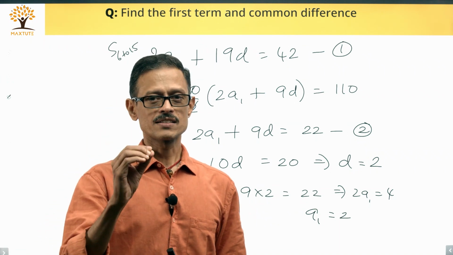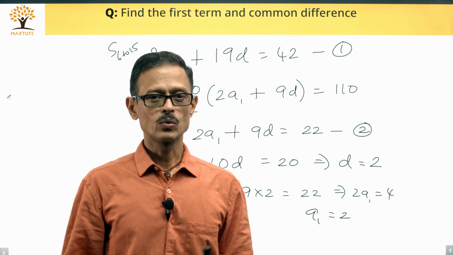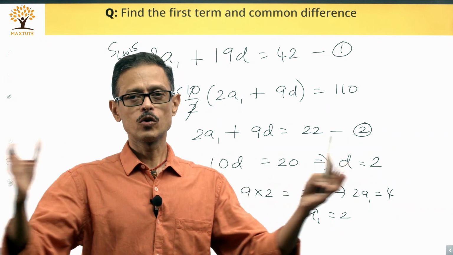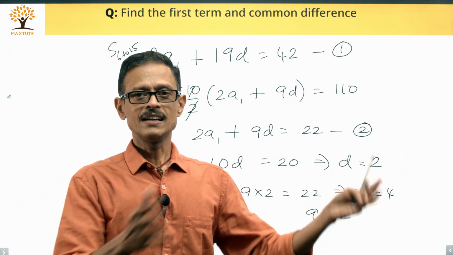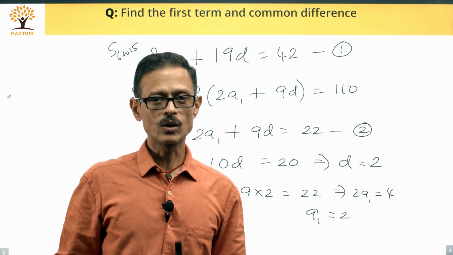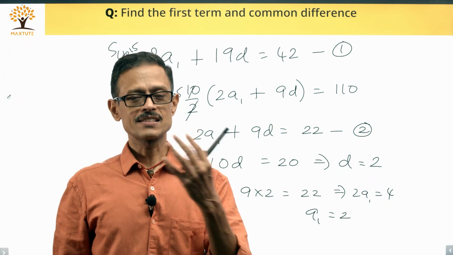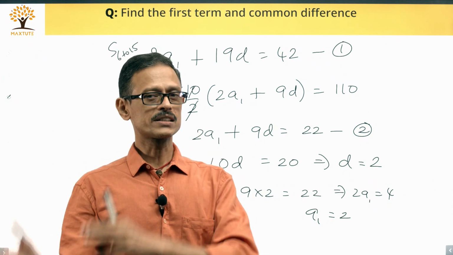So, the twist in this question is, we're given the sum of the last 10 terms, or the sum of the last however many terms, of an AP. Find the sum of the entire thing and then subtract what was not to be counted. So, you essentially apply the same Sn formula, you're not going to rework the formula.